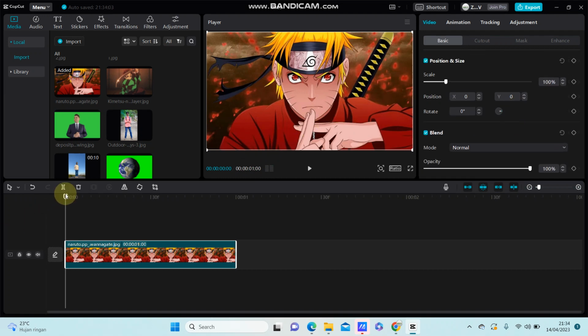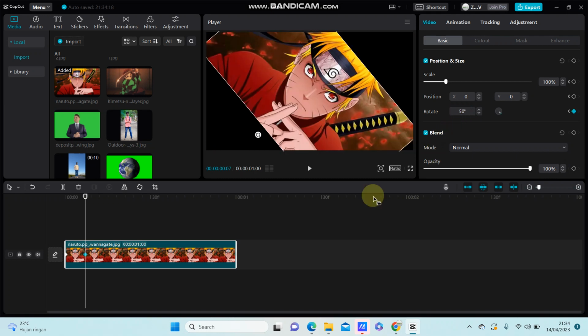So make sure you're on the first frame, and you can select Basic and select Position and Size. At right you can find the keyframe button, so just click on it, and you can swipe to the right and change the rotation. I think you can change it to 50 degrees and swipe to the right again, change